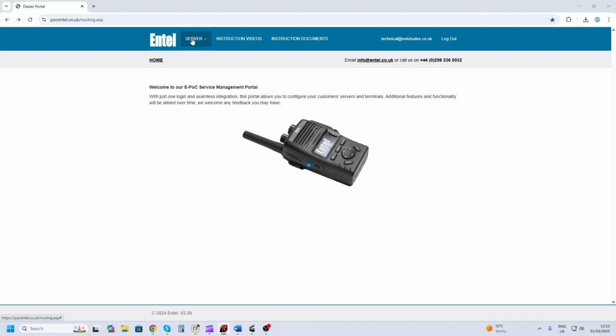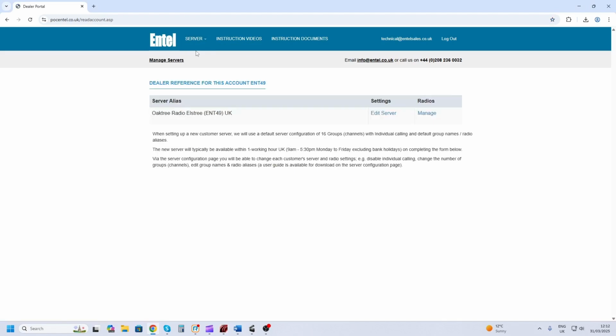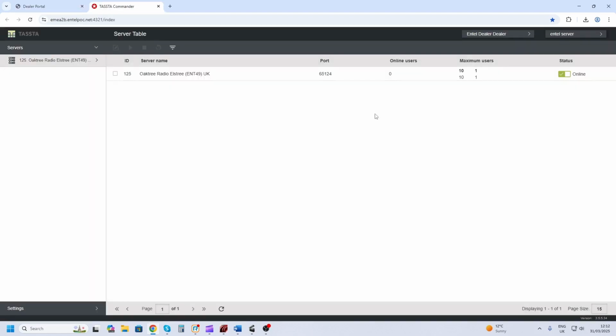Now, we'll show you how to access the POC server itself, which is where the user accounts for all devices, including dispatchers and phone apps, are managed. From the Manage Servers page, click the Edit Server link to launch and log into tCommander, the web-based POC server portal. Note the server address from the browser address bar,